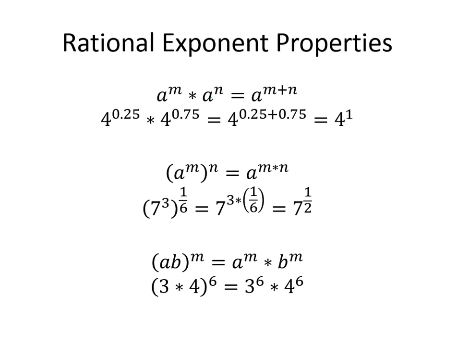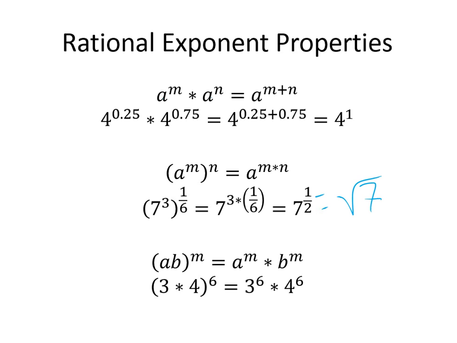Now if you take a power and then take it to another power, you're multiplying those powers together. 7 to the third, or 7 cubed, and then that whole thing is taken to the 1/6 power, we would multiply, which would be 7 to the 1/2, or the square root of 7. Okay. So if you take a power to a power, you're going to be multiplying. If you're taking two things with powers and multiplying them together, you add them. So an exponent to an exponent, you multiply them.